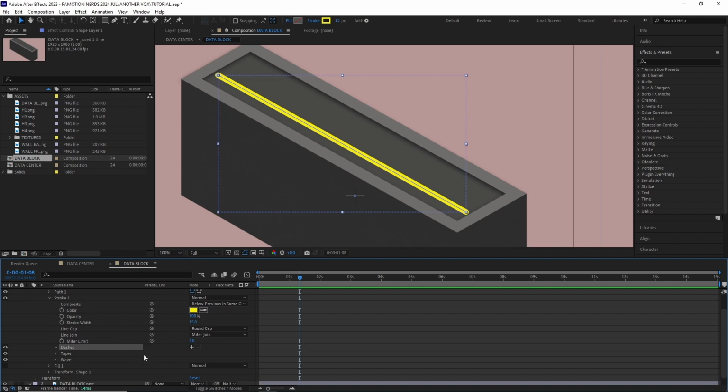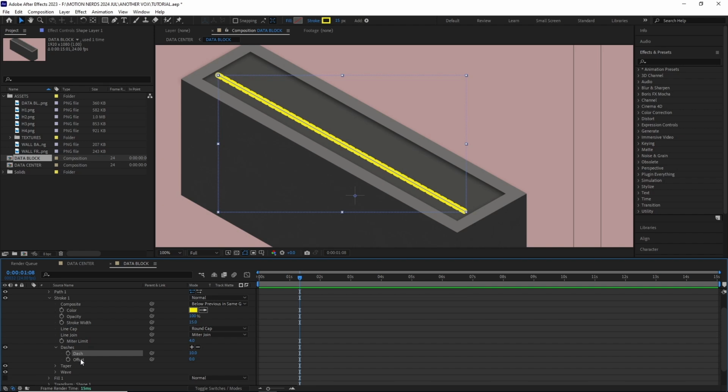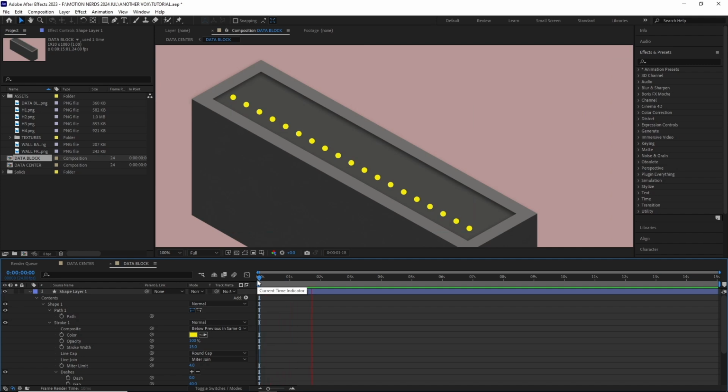Then I opened up the dash property, clicked on the plus sign to add a dash and offset. Then I hit it again to add a gap. So for the dash, I turned it down to 0, the gap to 40 and left the offset at 0. Now if we take a RAM preview, you can see the balls aren't moving because there isn't any animation over